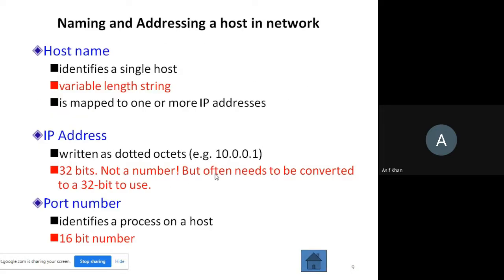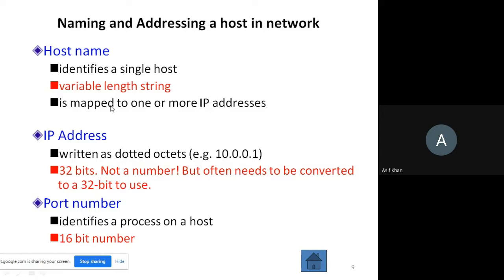So in a network, devices or computers are connected, and devices communicate with each other. Now, how to identify a device in a network? For identifying a device, we use the names and addresses of the computer. A computer you can also call a host. Host name, IP address, and port number. All these are the names we use to identify a computer or host in a network.